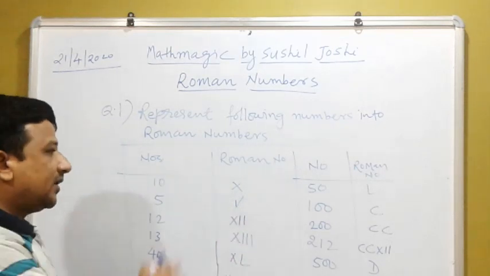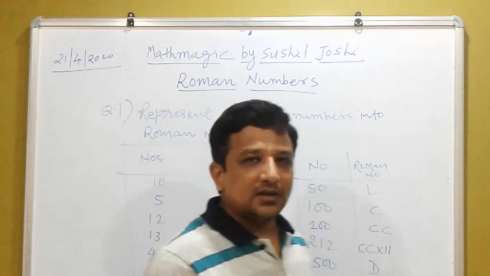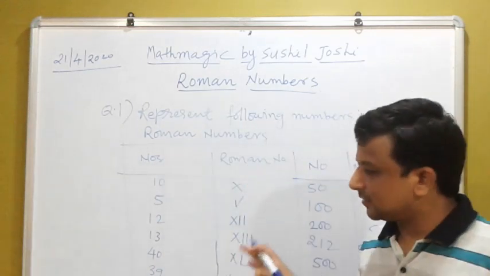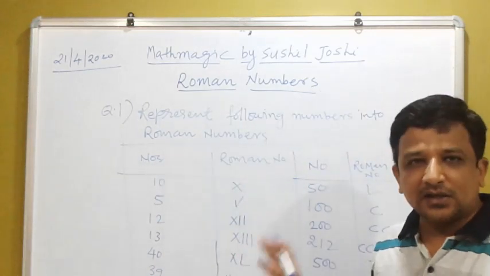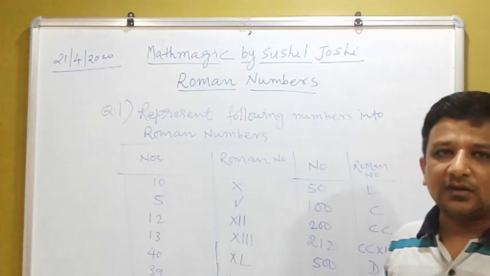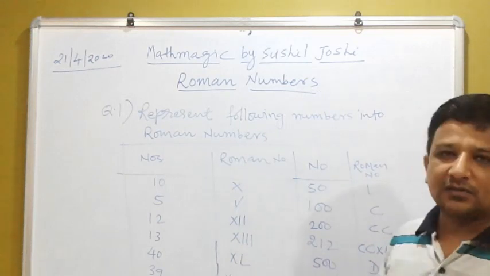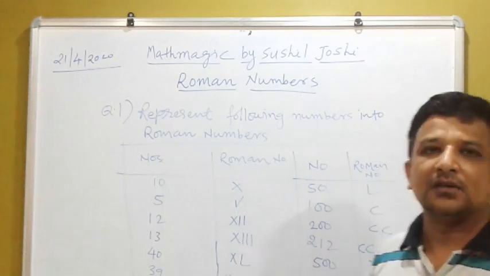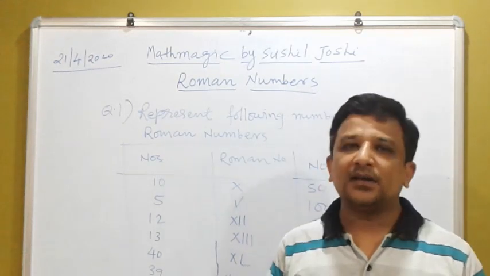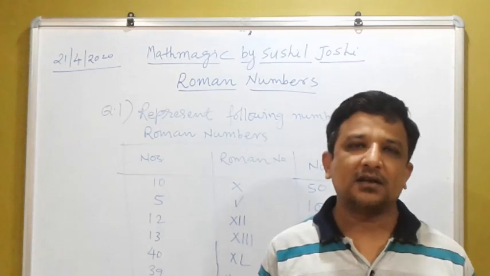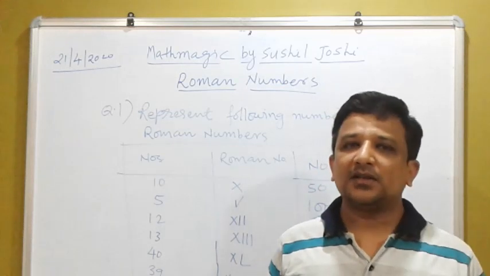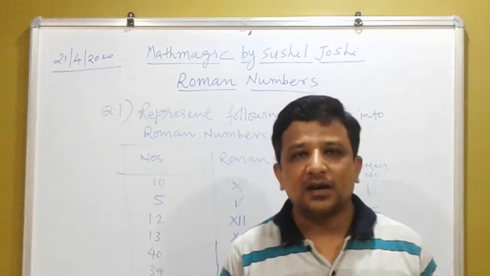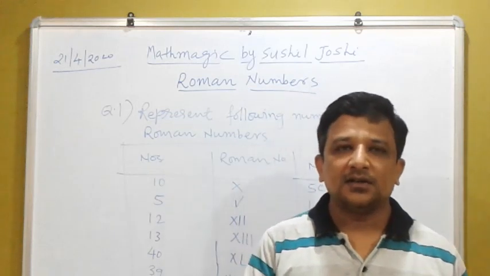So before denoting the Roman numbers, you have to learn the table of representing the Roman numbers carefully. If you learn it, then you will definitely solve all the questions based on the Roman numbers. In the next lecture, we will find the different types of operations, that is how we add the different numbers by using the Roman numbers. I hope all of you understand it very well, and thank you.